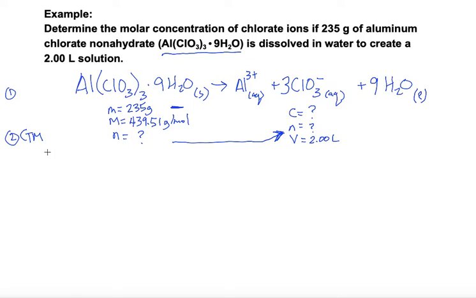So if we're going to convert to moles, we know we're working with our salt. That's the only information we have. So we're going to find moles. Moles equals mass divided by molar mass. So it's going to be 235 grams divided by 439.51 grams per mole, which gives us a number of moles of